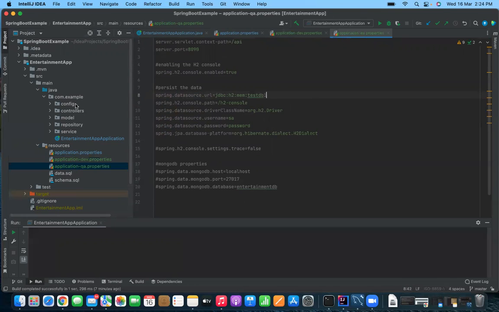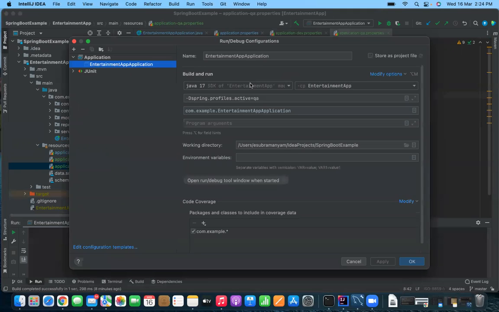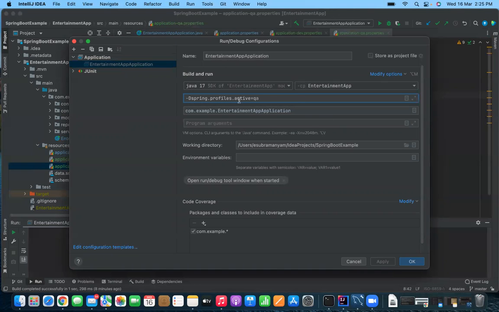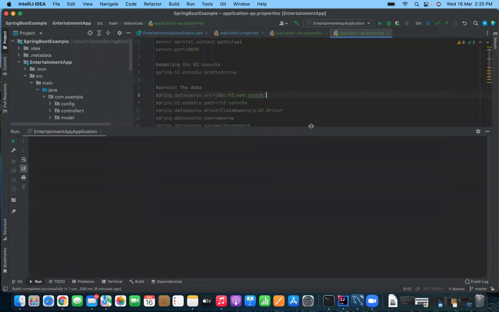So now we have two application properties files. While you are running the application, you can configure which one to use. Let me configure this. You can configure this in the VM options, in Modify options, where you can add environment variables and VM options. This is where we add which profile we want to enable. I already have this: spring.profiles.active, so I'll enable the dev profile. Now if I start my application,